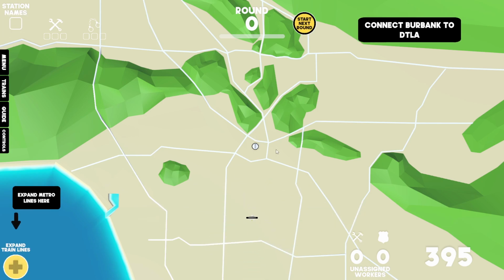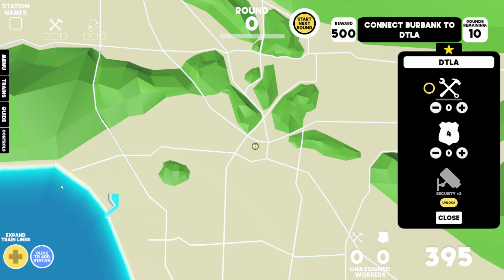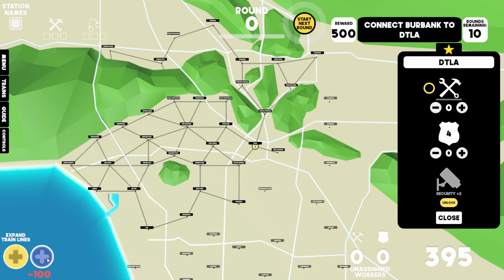All right. So we're going to come here. We're going to take our line. We're going to keep working up. We turn the station names back on. There we go. Span the line. Take the blue line here. Run from